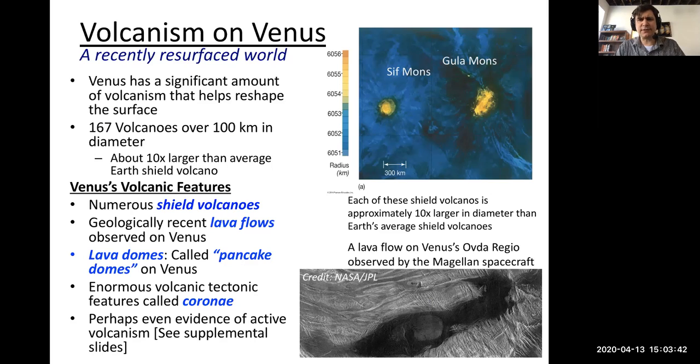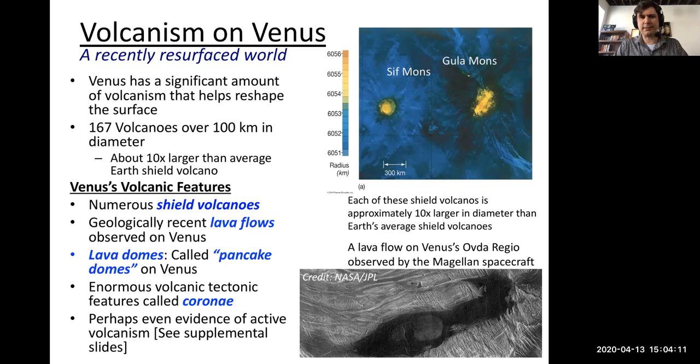It's made out of the same stuff, has the same composition, has the same uncompressed density, therefore it should have the same interior structure as the Earth, and it should have the same level of volcanism as the Earth. But we maybe, just maybe, see active volcanism. If you want to know more on whether we see active volcanism on Venus and the evidence for it, see the supplemental slides. We do see, however, evidence that Venus was quite recently, 500 million years or so or less,